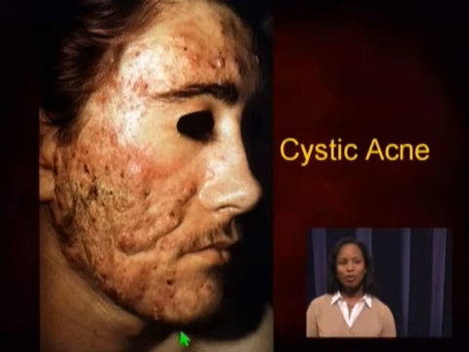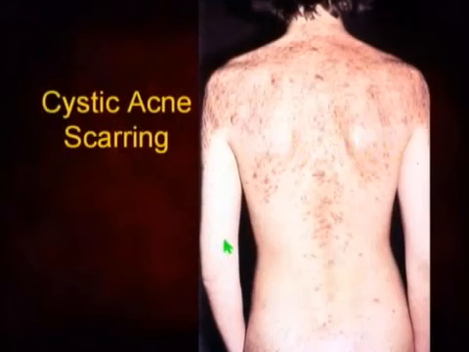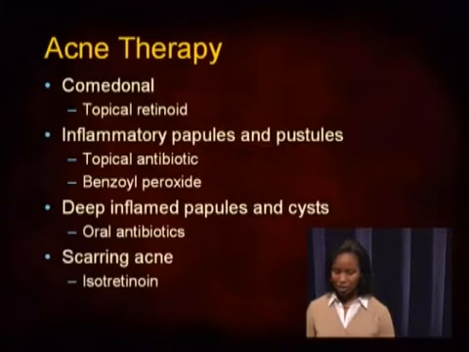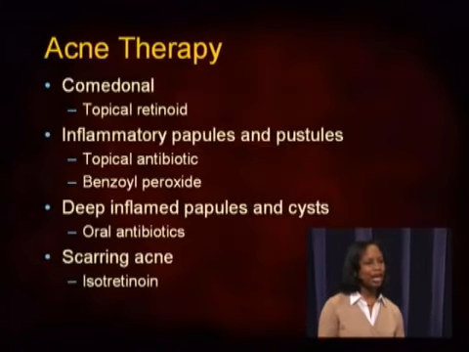And then the patient has quite a bit of edema related to cysts that are underneath the skin. Cystic acne leaves its mark. So this is a patient with a lot of atrophic scarring on the back as a result of having had pretty severe cystic acne. So in terms of treatment, the treatment is really targeted based on the kind of lesions